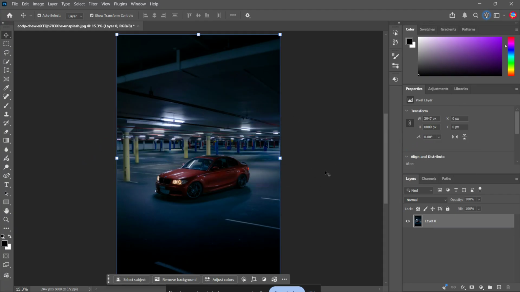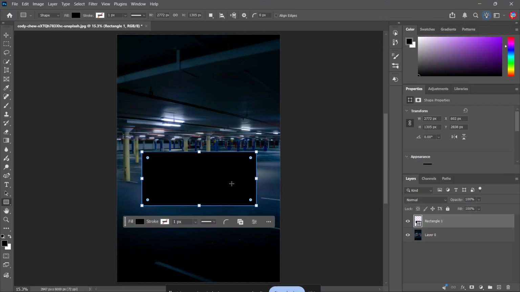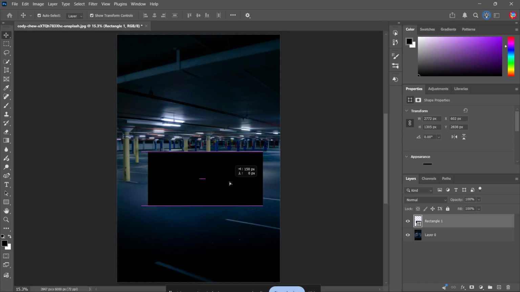First, open your Photoshop project and make sure you already have a colorful background in place. That background is really important because the glass effect only looks realistic when there is something visible behind it. Now choose the rounded rectangle tool, or if you want a more basic look, you can use the standard rectangle tool. Click and drag on your canvas to draw the shape where you want your glass panel to appear. This shape is going to be the base of your glass effect, so place it carefully where it makes sense